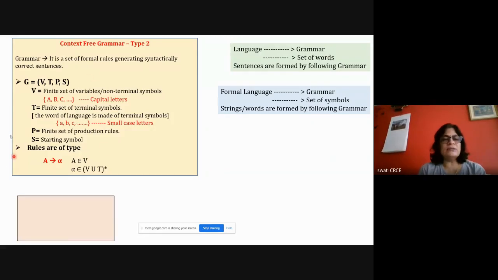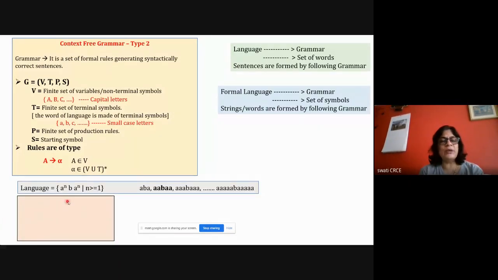So at this point you should know by heart that grammar is V, T, P, S. V is a set of variables, that is capital letters, T is a set of small case letters, P is the rules, S is the starting symbol, and rules are of the type A generates alpha, where LHS is a single variable, RHS is the group of variables and terminals. And for example a raised to n, b, a raised to n, which is a context free language, for the particular string such as aabaa, like two a's to the left hand side, two a's to the right hand side, we need to remember two a's to the left hand side, and that is not possible with FSM.